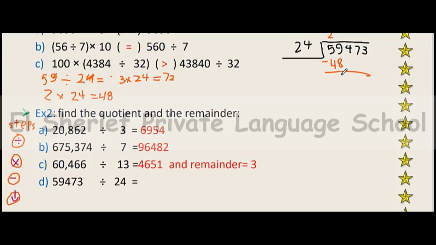9 minus 8 equal 1, and 5 minus 4 equal 1. Then down 4. Okay, so here we have 114. 4 times 24 equal 96. Let's try another number. 5 times 24